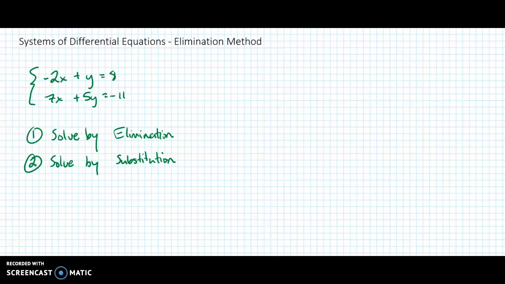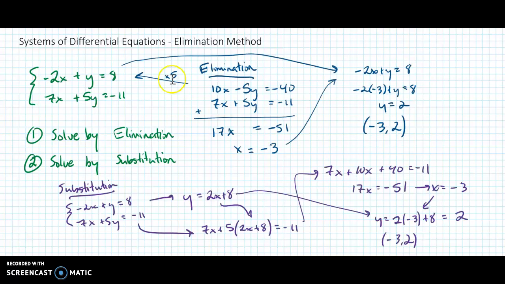Here come the answers. So elimination is done in blue, and substitution is done here in purple. When I have elimination, what I do is I multiply this row by -5. At least that's the way that I think it's the easiest here. And then I can add this to this line, because it's just rewritten. I get 17x equals -51, divide, get x equals -3, and then I have to figure out how to get